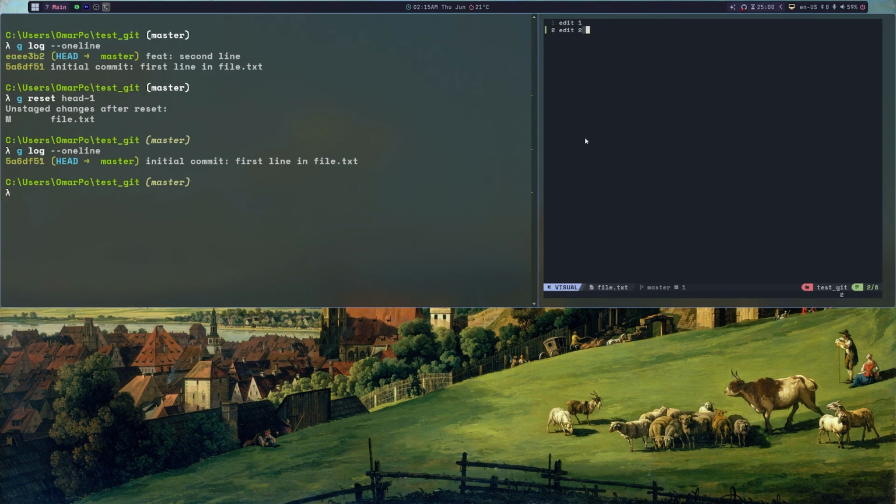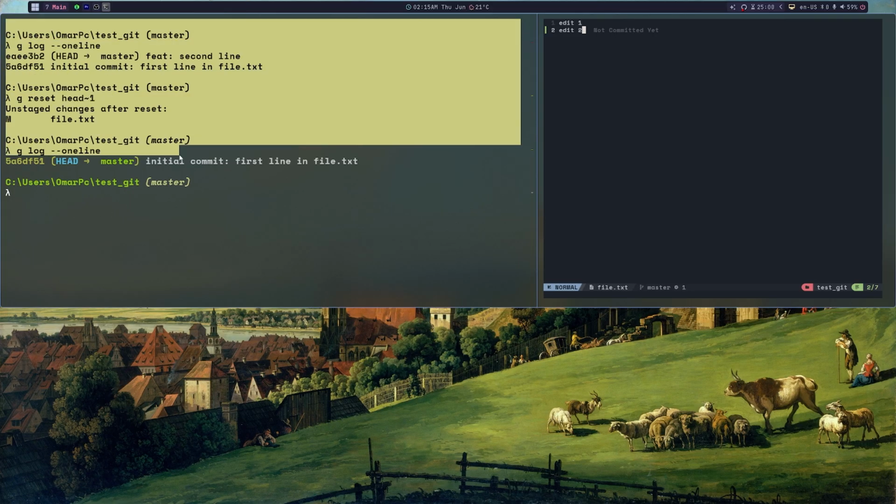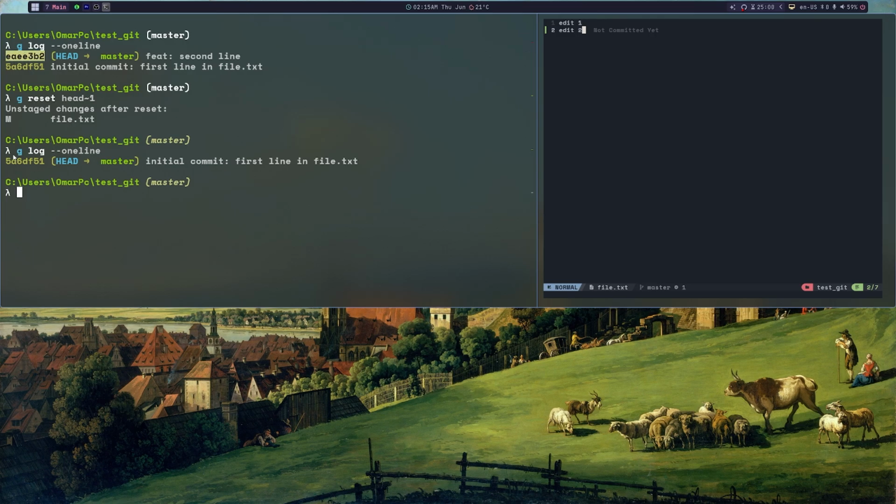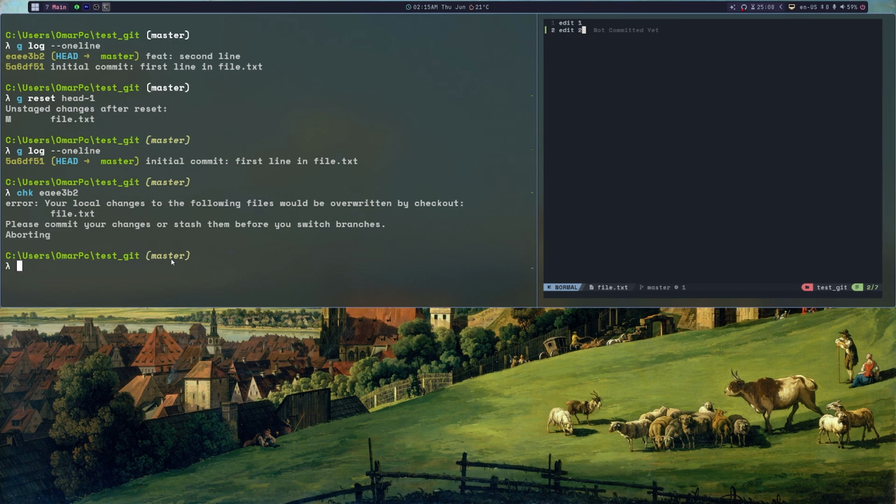And why it's important and why it's dangerous, let's say, is because you can't easily go back anymore. Maybe you might say, I haven't cleared the screen, I have the previous one, it's not showing now, but I have it here, I can copy and check out to it. Oops, you can't, because you already have changes that need to be committed, and those changes are actually those new lines. Now they are new because we actually went back in time aggressively and we took the master with us